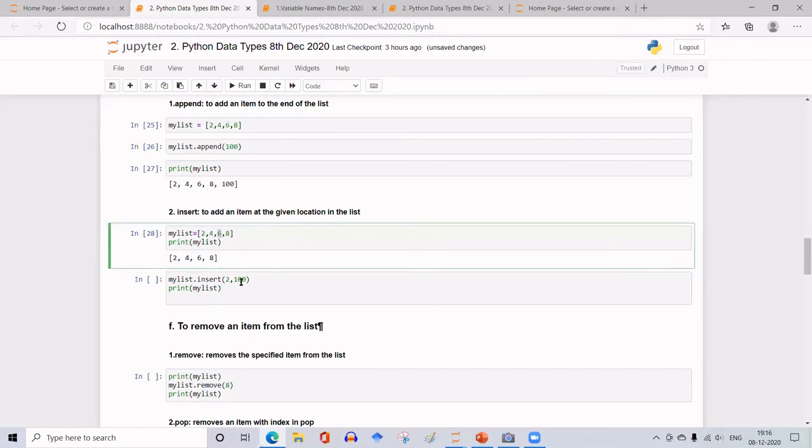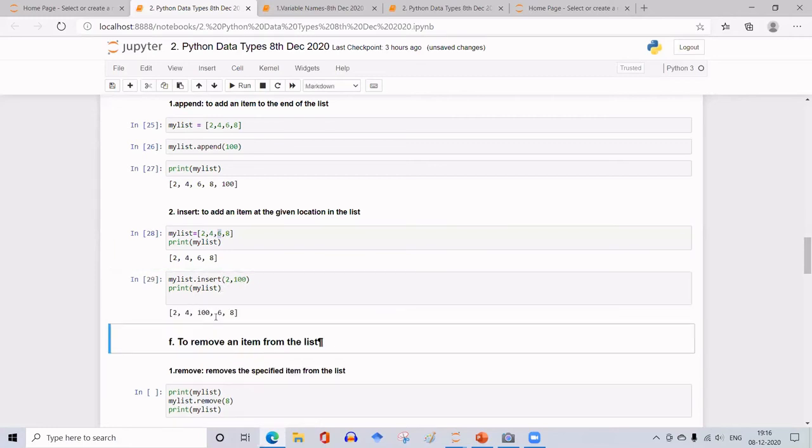So in place of 6, I have to put 100. Then print my list. So in place of 6, 100 has come, but 6 has moved to the next position. Okay. Now it has 5 elements, one more than the previous list, but 100 is inserted at the location with index 2.